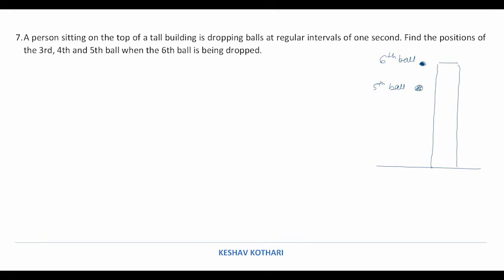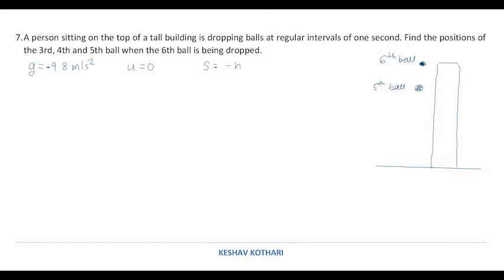So we are taking the acceleration due to gravity as 9.8 meter per second square. Now since the ball is being dropped, so I take u equal to 0. And since the g is acting in the downward direction, so we are taking the sign of g as minus 9.8 meter per second square. And the displacement we are going to obtain will be in the negative aspect, since it is also in the downward direction. So we are writing it as minus h.